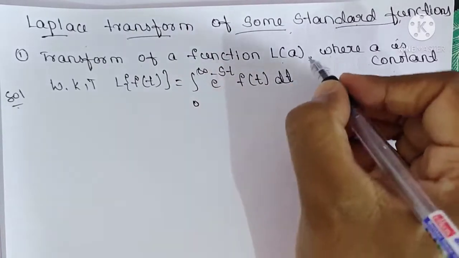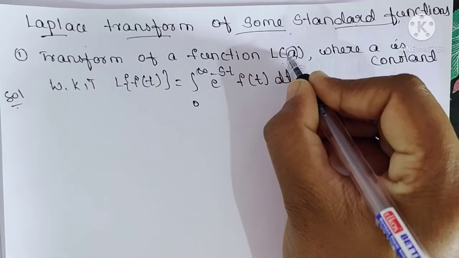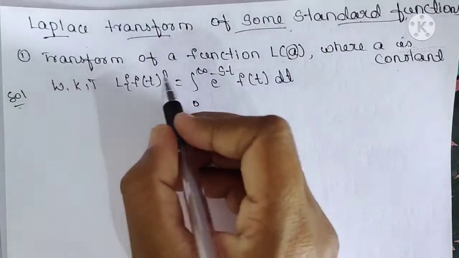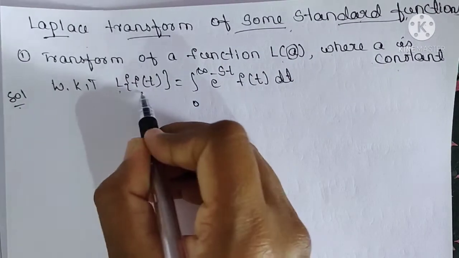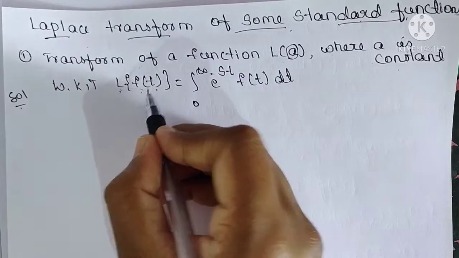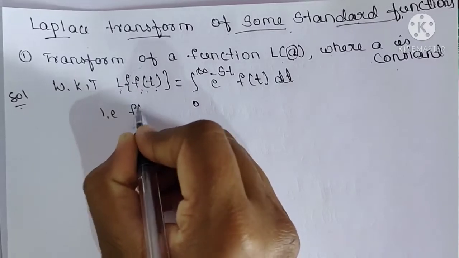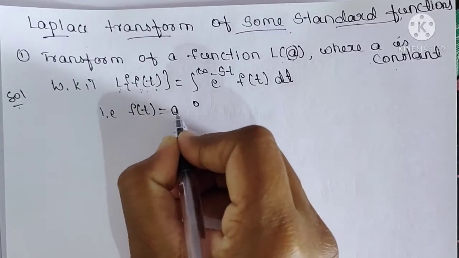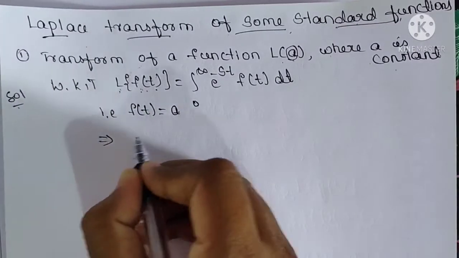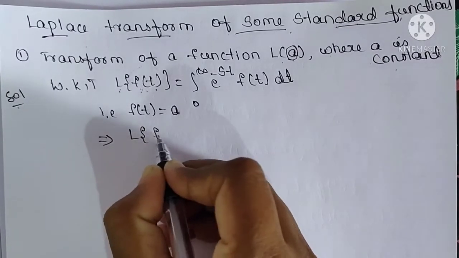Here the given function is a constant, that is, the function is a, because Laplace transform is denoted by L of f of t. F of t is the function. Here they have given a constant function. F of t is equal to a. This implies L of a